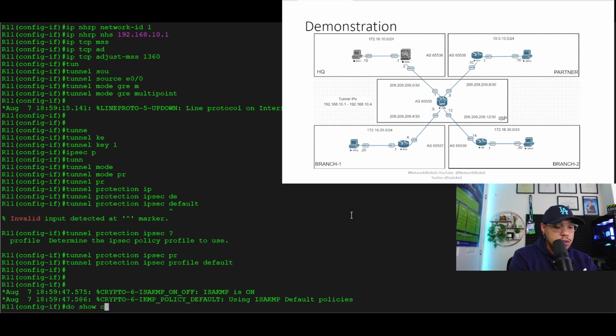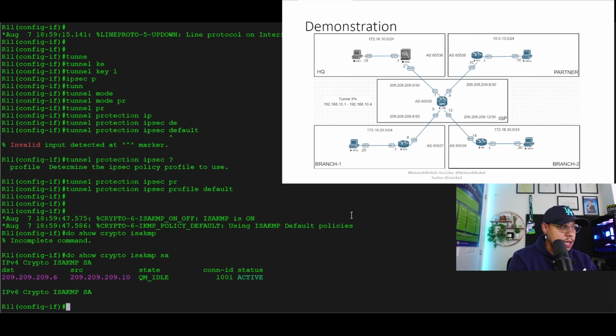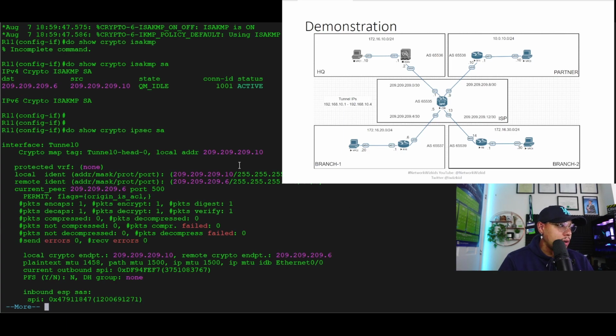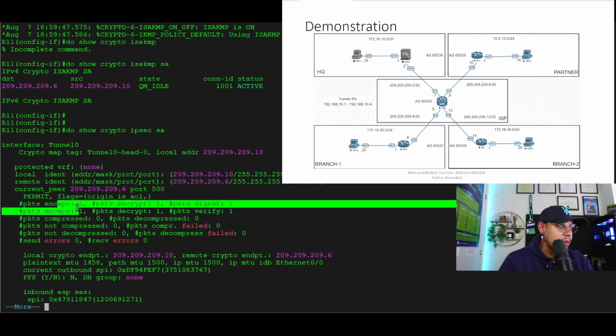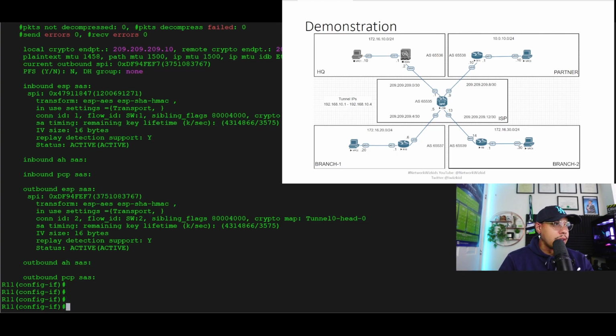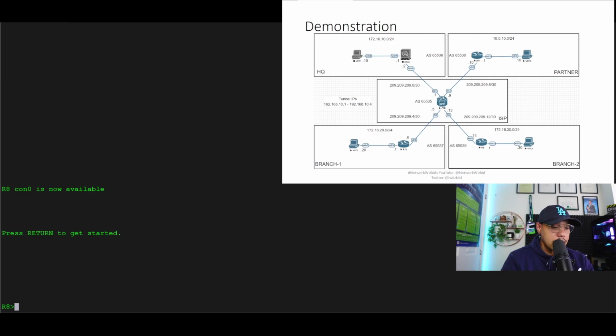So if I just do show crypto ISAKMP SA, we can see that we've got a security association which has a status of active there. Let's check our phase 2 or IPsec SA. All right, cool. So you can see that that's up as well, and we've got one encap, one decap as well. So that's looking good on that side. So we'll leave router 11 there as it is, and lastly what we'll do is we'll configure now router 8,